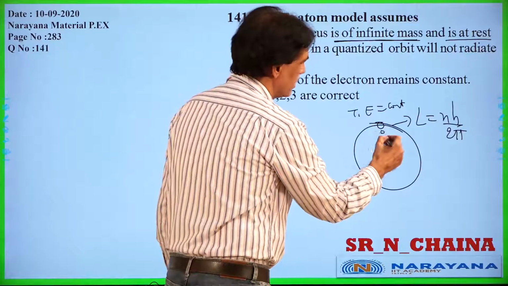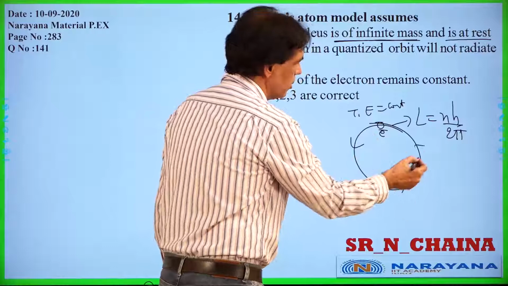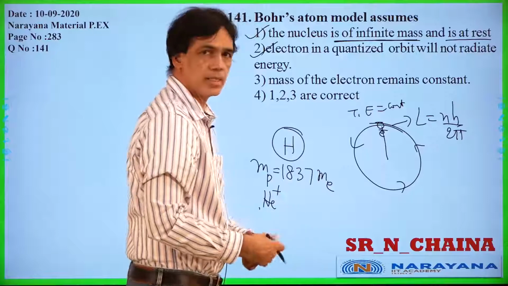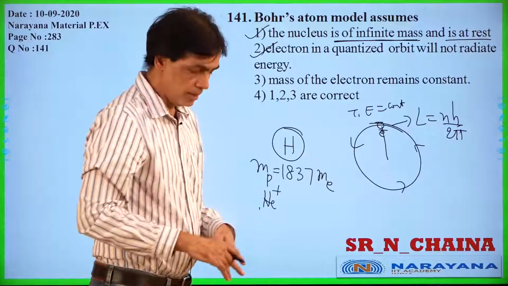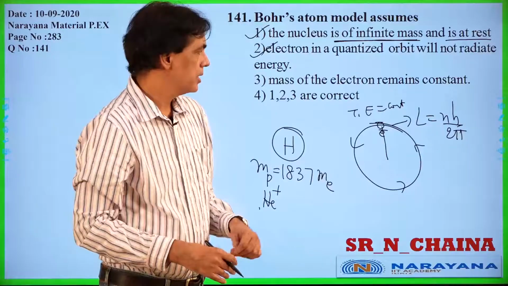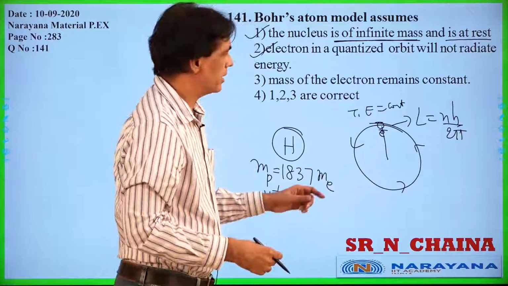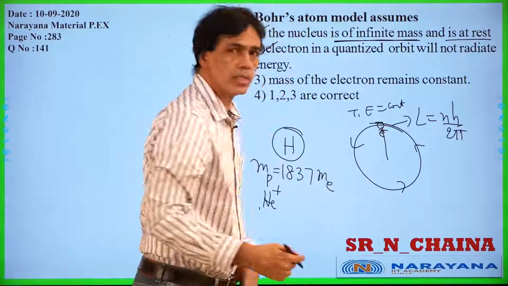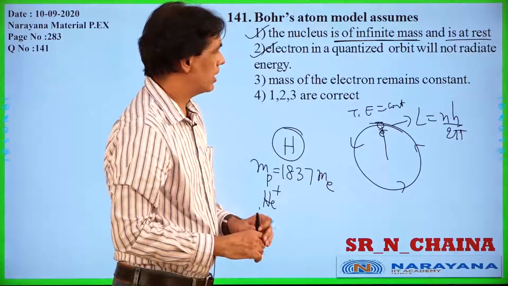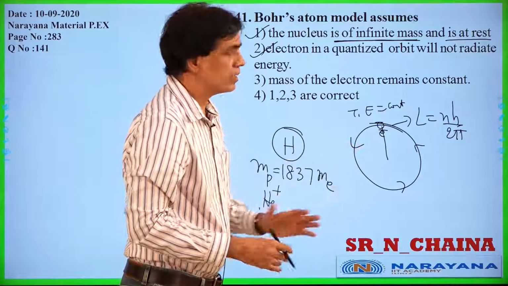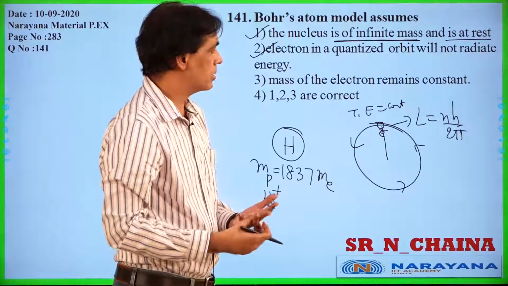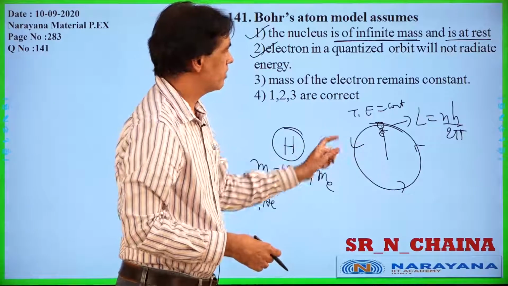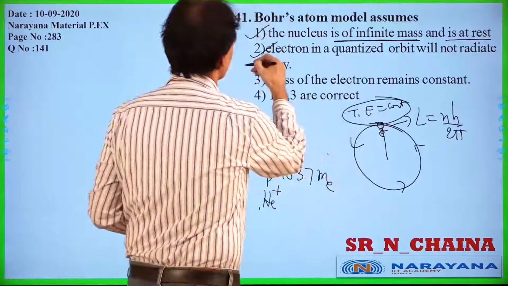Basically, it is a charged particle, right? If a charged particle is moving in a circular orbit, it will be accelerating. An accelerating charged particle should emit electromagnetic radiation. That means it should be emitting energy. So its energy should gradually decrease and then it should spiral into the nucleus, but that's not happening because in nature all the atoms are stable. If it is radiating energy, the atom cannot be stable. So therefore he quantized this angular momentum. In this orbit, total energy is constant. That assumption is also correct.